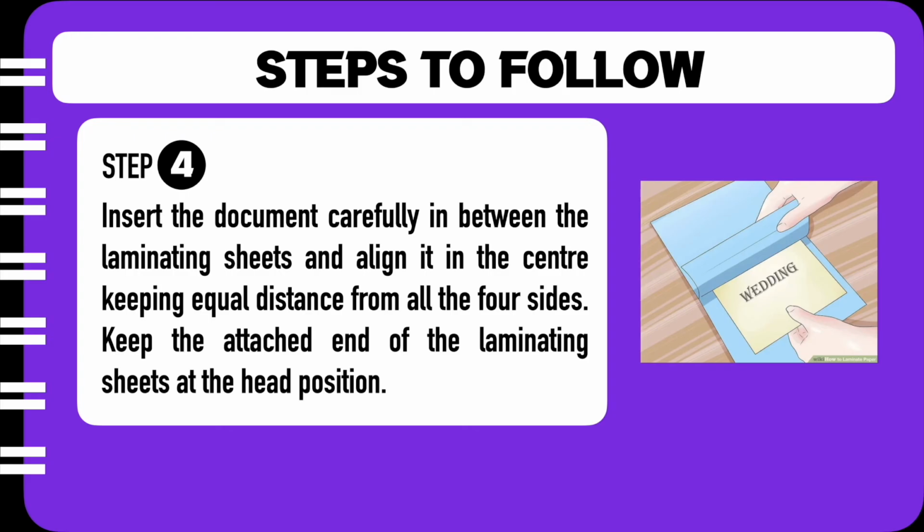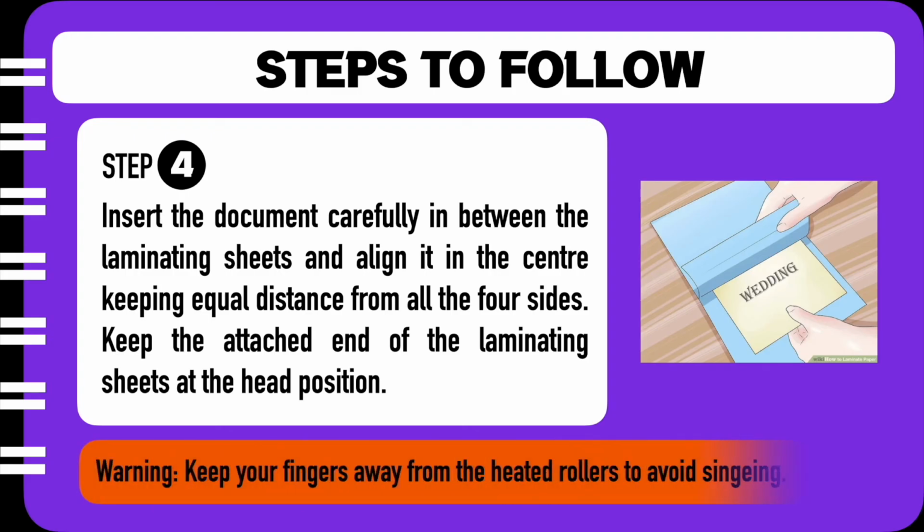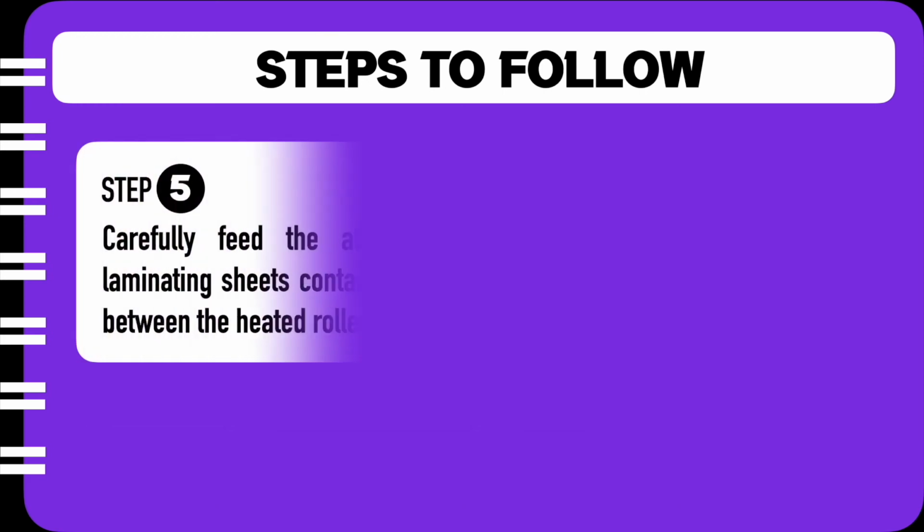Keep the attached end of the laminating sheets at the head position. And then we have an orange color-coded warning. Now this warning is required before we move to step 5. And the warning says, keep your fingers away from the heated rollers to avoid singeing your fingers. So now that we know that the rollers are hot, let us see what we need to do in step